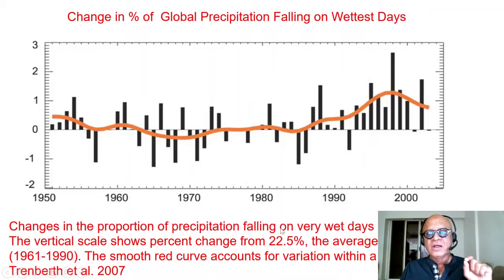Okay, so already the top 5% of the wettest days are taken. On average, there is already 22.5% of the heavy rain falling on wet days. This is on top of that. The main message here is that there was an up and down before, but since about the mid-1980s, the number of heavy rain events on wettest days, or global precipitation falling on wettest days, is increasing. Okay, and these are for individual years. You can see some years have mega wet events.